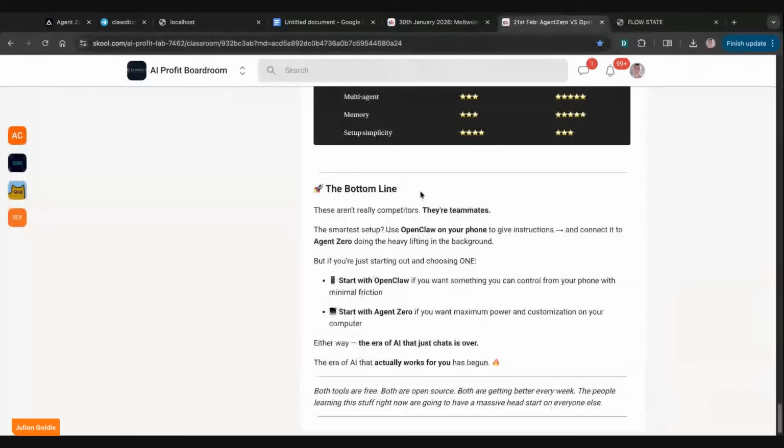Okay, great. So, honestly, if I put them side by side, as you can see right here, number